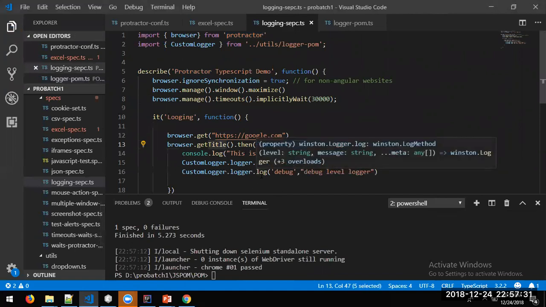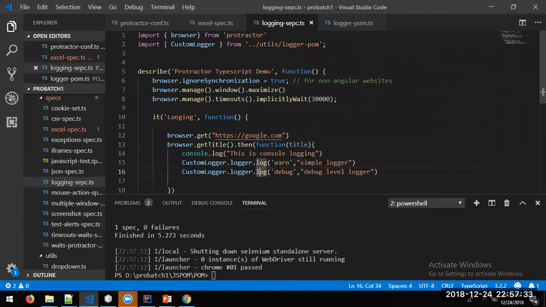Okay, so now tell me whether it comes under error, info, or just debug. It is the info. It is an info. Okay, info. Basically, we can say something like